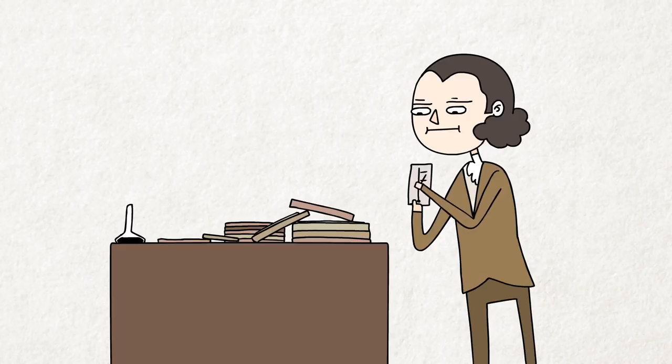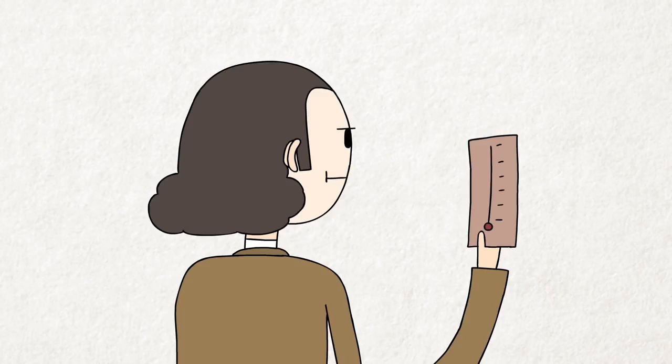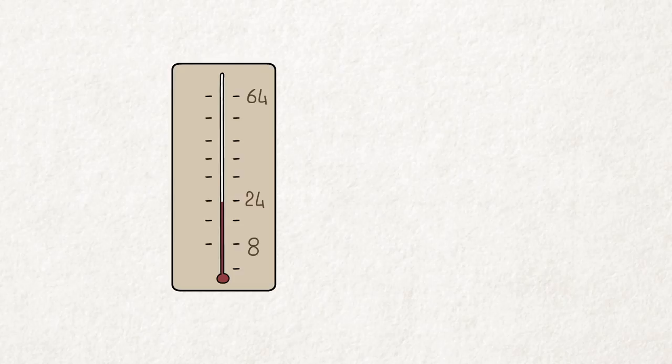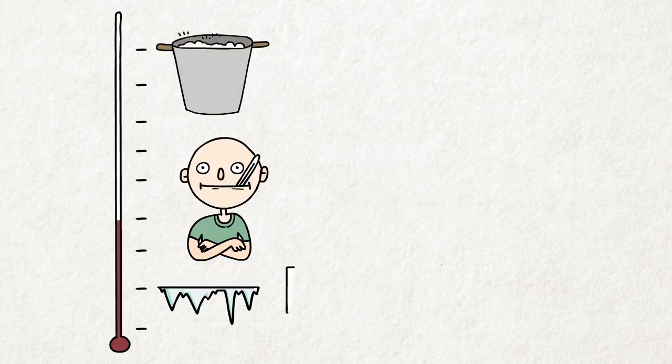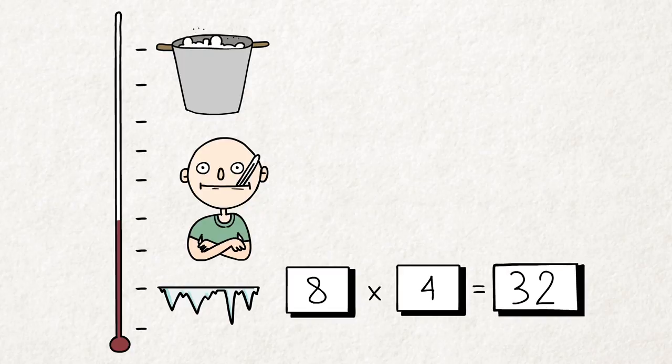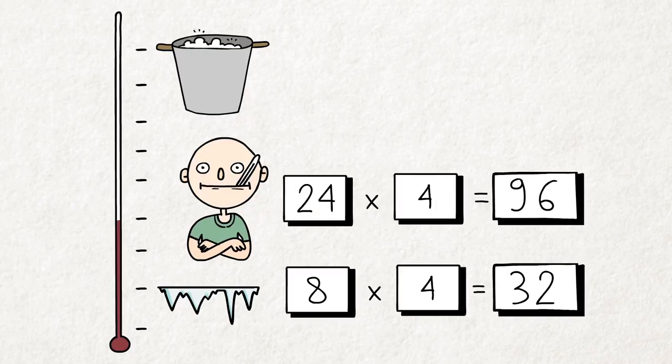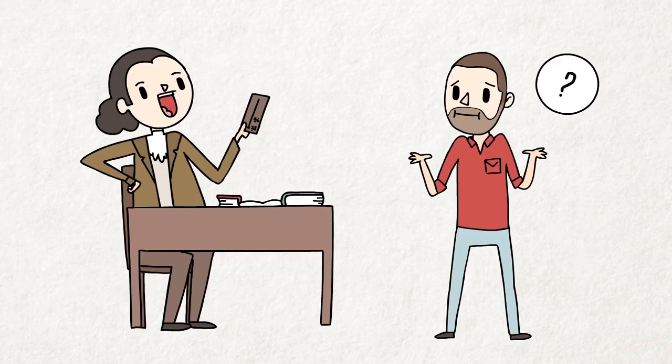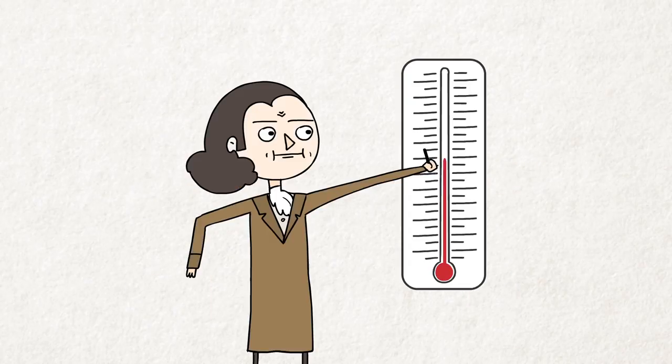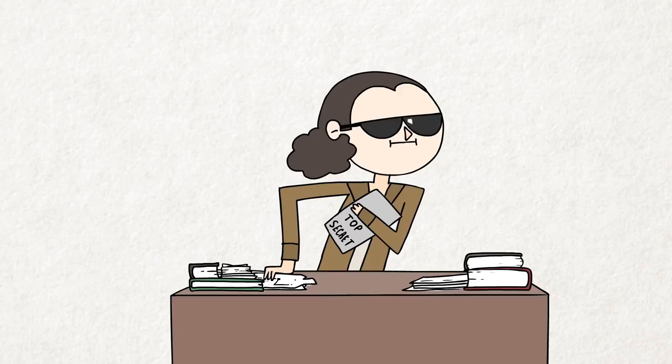He produced thermometers for some time using this scale, but then at some later point, Fahrenheit multiplied all numbers on his scale by 4, setting freezing point to the now familiar 32 and body temperature to 96. It's unclear exactly why he did this. He may just have wanted finer precision in his measurements, but I think there was a better reason.